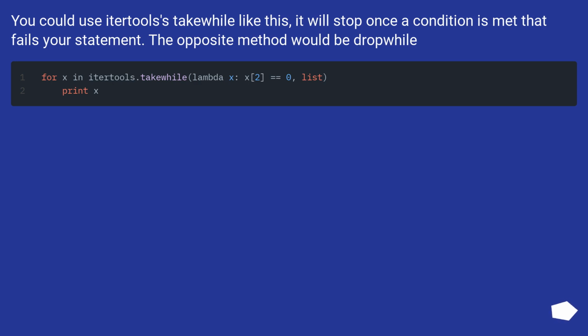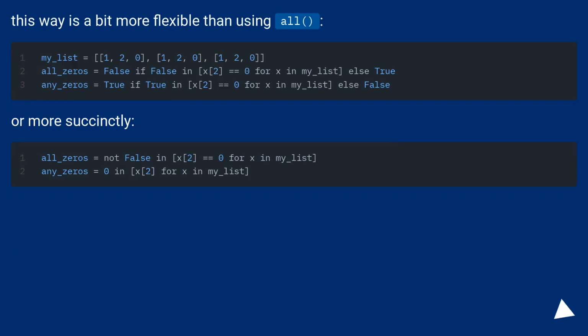You could use itertools's takewhile like this. It will stop once a condition is met that fails your statement. The opposite method would be dropwhile. This way is a bit more flexible than using all. Or more succinctly,